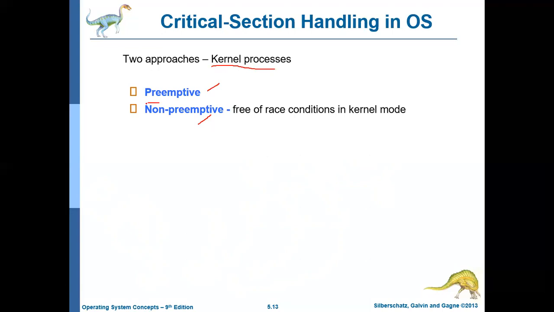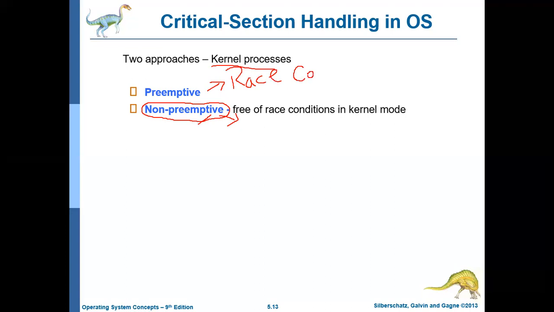Non-preemptive kernel process means once they get the CPU, they won't leave the CPU. Once the CPU is allotted to the kernel process, it will not give up the CPU until it goes into IO wait, or until it terminates, or until it voluntarily gives up. Whereas a preemptive process can be preempted in between. If there is any interrupt or any other request that comes to the operating system, then this process can be preempted. Now the problem of race condition, that is the data inconsistency problem, can occur with preemptive processes.